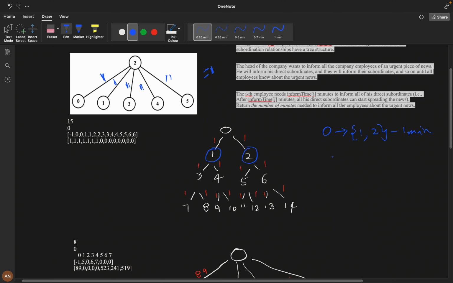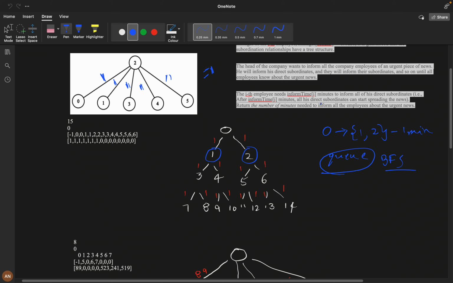So first, if we think like this, we will think of a queue. Why can't we use a queue and solve it with BFS so that we get the minimum? If you look carefully, 0 can tell 1 in 1 minute, and for 2 also it will take 1 minute. Both are the same, right?